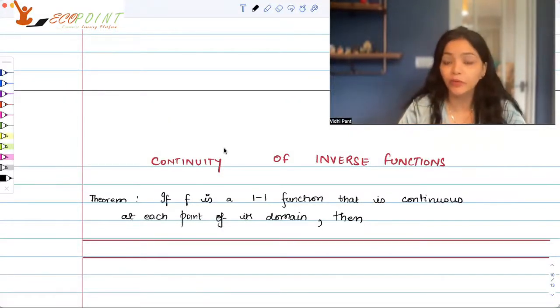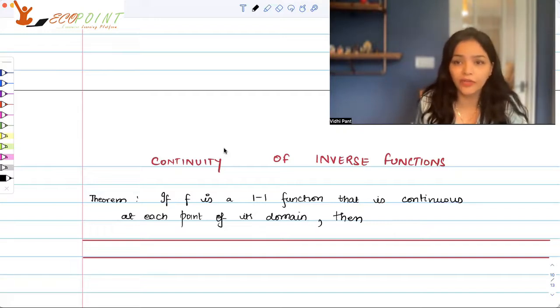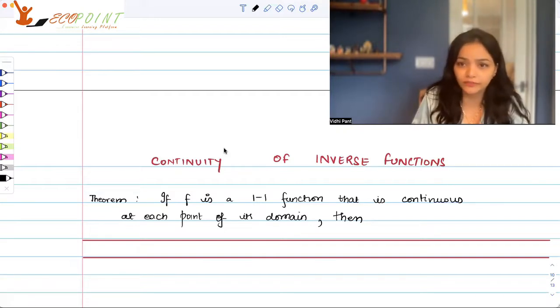Today I'll be focusing on two concepts here. Number one, continuity of inverse functions, as you can see on the screen. And number two, the intermediate value theorem. So when we talk of inverse function, what essentially is an inverse function? If f is any function, the inverse of f graphically is just a reflection of f on the line y